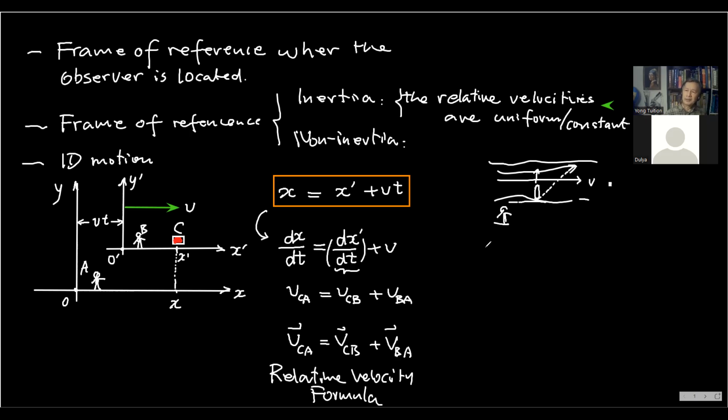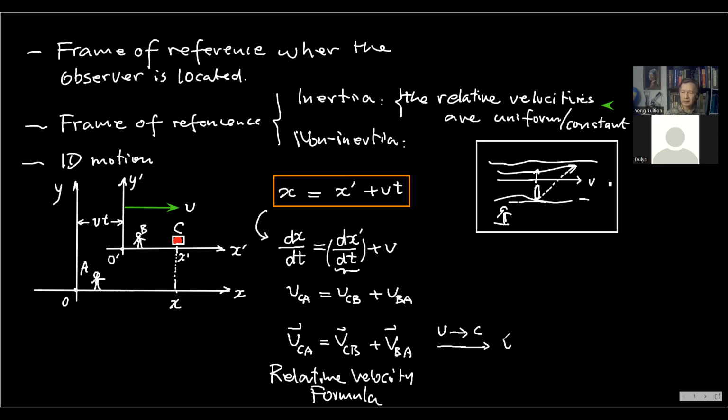Now, what's wrong? It's okay. It works perfectly. This formula is indeed the case. This is true, right? This relative velocity is very reliable in physics in our daily life. However, something changed since Einstein. They argue that this formula cannot be true. If the velocity is getting closer to c, this formula is not true. I just stick with 1D motion.